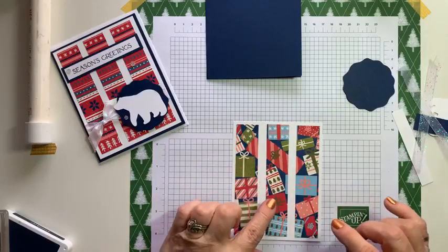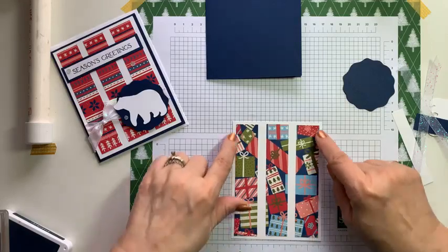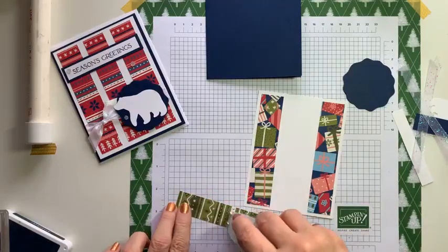And then we're going to take this third one. The reason I do the two outside ones first is so I can get that even border around the edge. And then my third one, I just center between them, which is what I was trying to tell you when